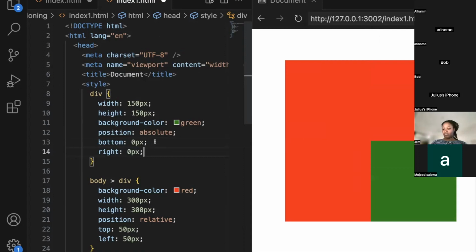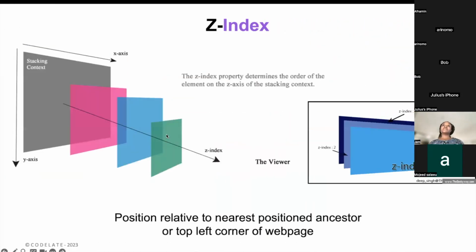So this is how we use absolute positioning. And we are going to continue to what is called Z-index. It's not part of the positioning, but I have to explain this to you before we go to the last one, and there's a reason for that. There's something called Z-index when you're doing positioning in CSS. Don't mind the word, it sounds horrible, it's not even sweet, but it's very easy. What it means is you're positioning an element relative to the